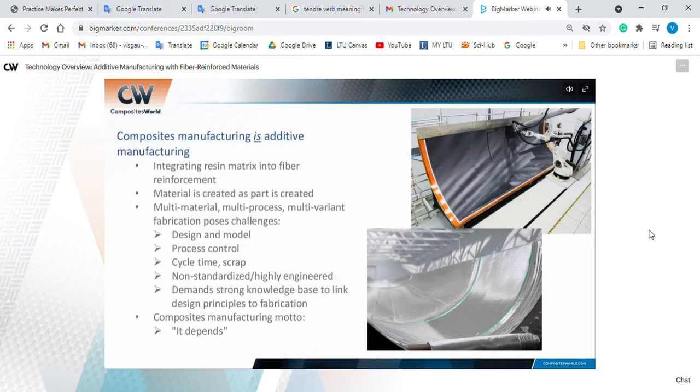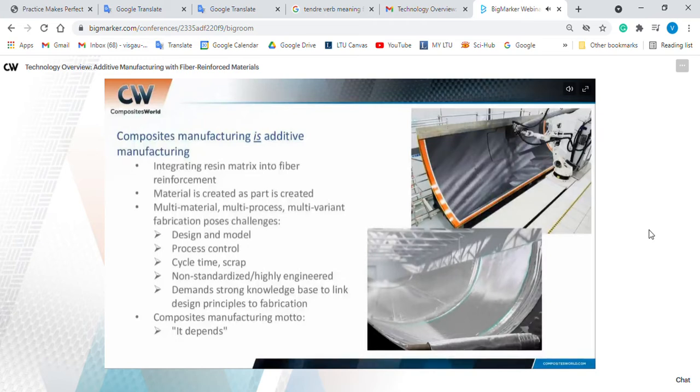And this is not to say that these issues aren't being addressed. They are, of course, and being addressed in serious ways. But these are some of the challenges that composite fabricators have always faced in the industry in general. So kind of hand in hand with this is the fact that composites manufacturing is highly engineered and it's what we call non-standardized, which means